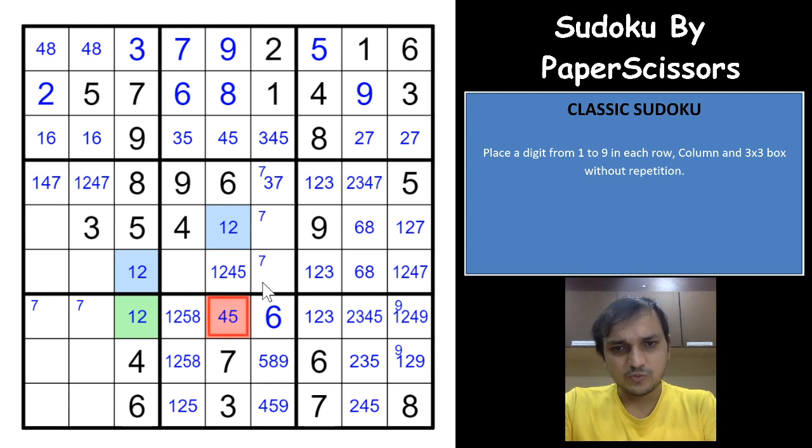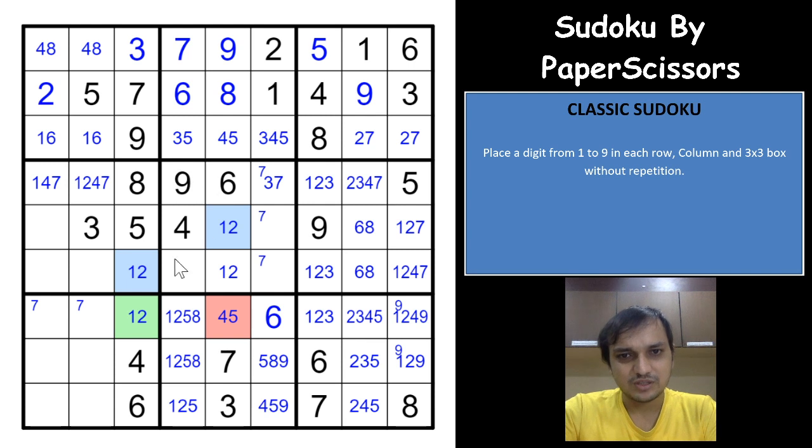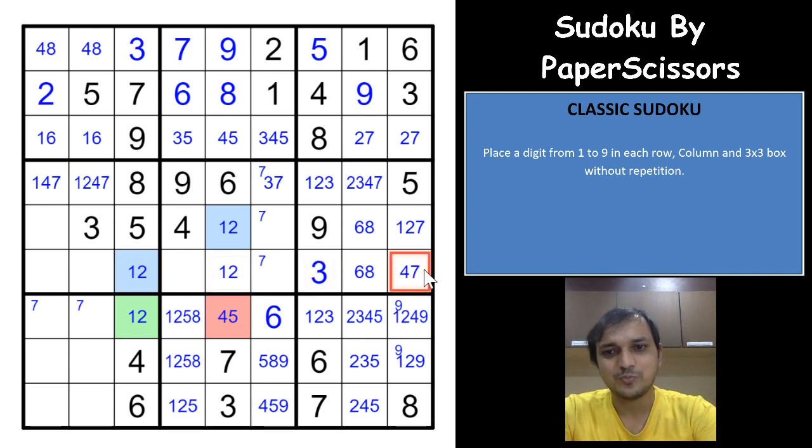So both of these become eliminated as 1 and 2, and you have a 4-5 pair now. That gives you this as 1 and 2. Wow, that is awesome. Now that is giving us something, because I see now you have a 1-2 pair in this box. That gives you a 3 here, and that removes the 1-2 pair from this box. Wow, that is awesome, guys. That gives you a 3 here.